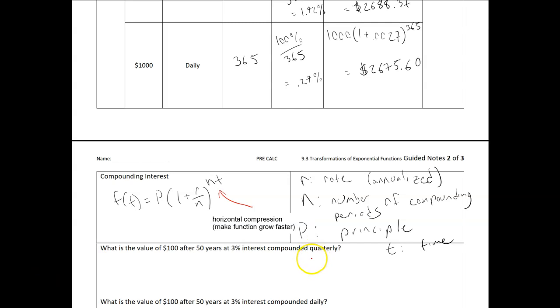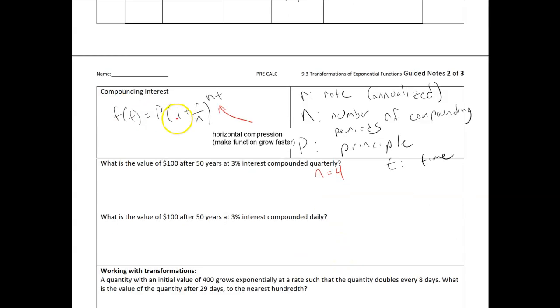Okay, so a couple of quick examples. I'm not going to solve these, but I'm going to give you the setup. So quarterly means n equals 4. Daily, of course, means n equals 365. And then my setup would be 100 equals 1 plus 0.03 over my 4, and then up here, 4 times 50. Okay, so notice it makes a lot of sense that my exponent is